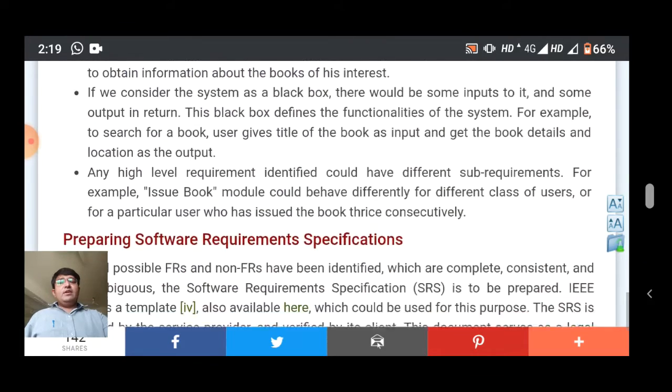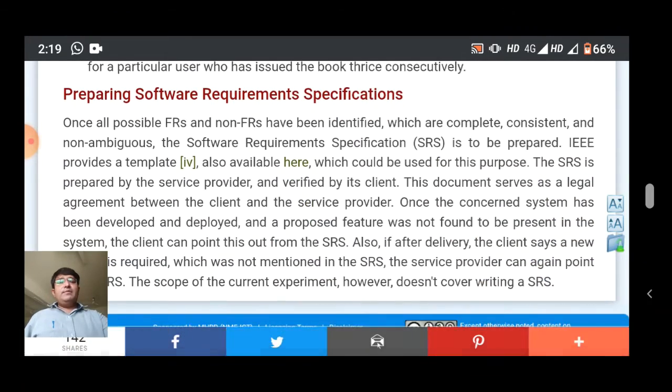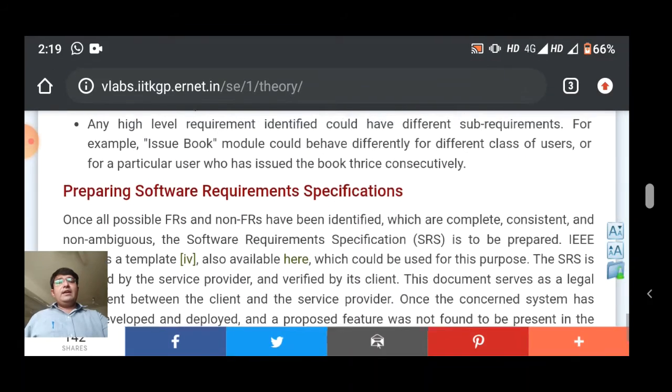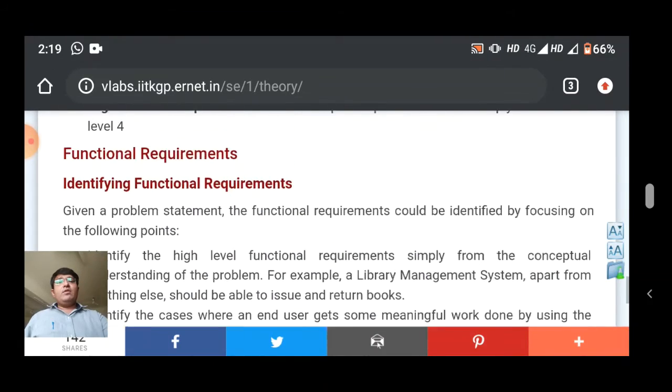We already discussed the functional requirement. So consider the functional requirements for a particular product, like if we are creating a project for an online shopping system.